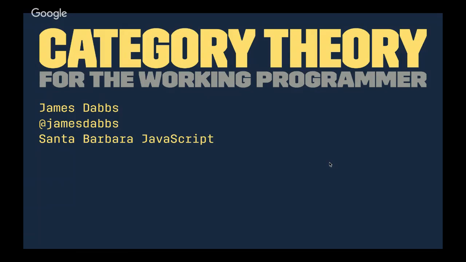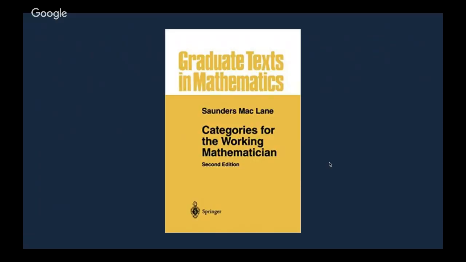Okay, cool. So this is intended to be a pretty accessible introduction. I'm going to go over some details, but my hope is to give you a feel for the spirit of the thing. Please don't make me say something technically incorrect. The title here, in case you're not familiar with the reference, is this classic book, Categories for the Working Mathematician. Again, it's meant to be an accessible introduction to category theory.